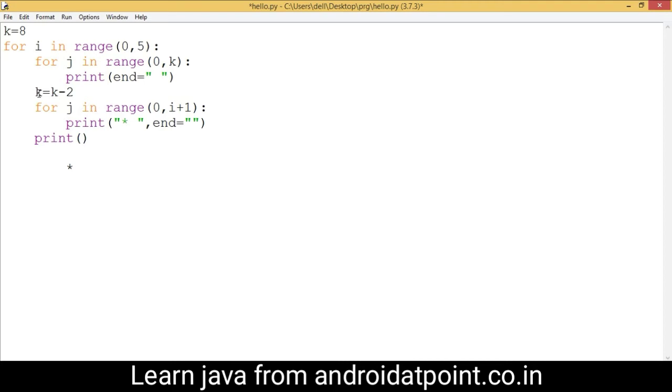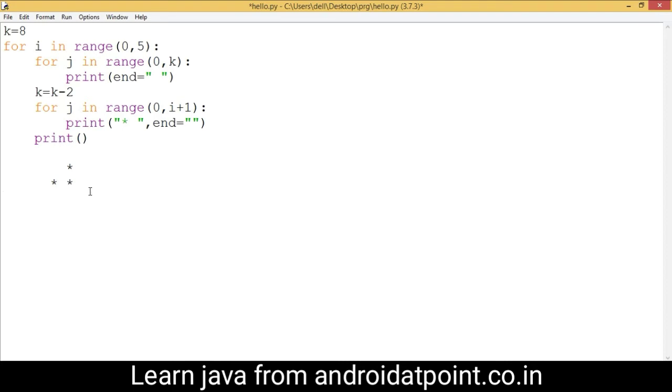Now the lower limit of this loop is 0 and the upper limit is 1 plus 1, which is 2. So this loop will be executed 2 times and print the star 2 times here. Line change, the loop is terminated and control comes here and changes the line.